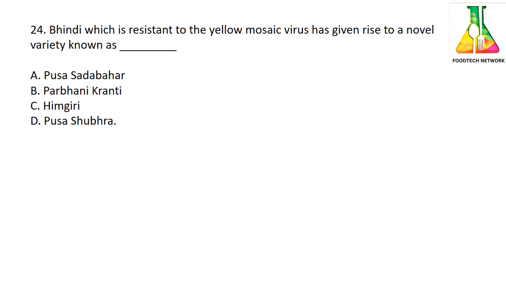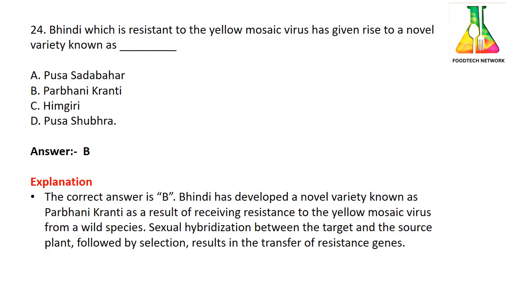24. Bindi, which is resistant to yellow mosaic virus, has given rise to a novel variety known as dash. Option A, Pusa Sadabahar. Option B, Parbhani Kranti. Option C, Himgiri. And option D, Pusa. The answer is option B, that is Parbhani Kranti. Bindi has developed a novel variety known as Parbhani Kranti as a result of receiving a resistance to the yellow